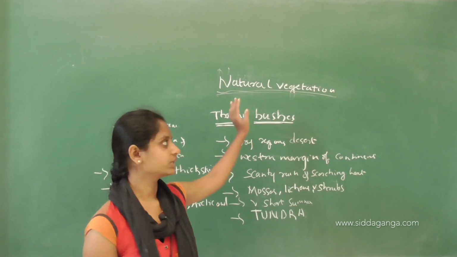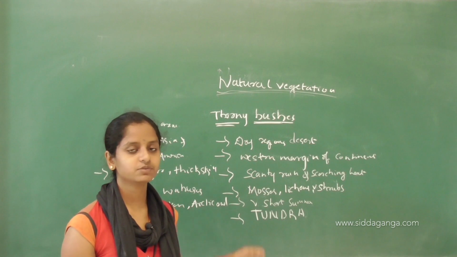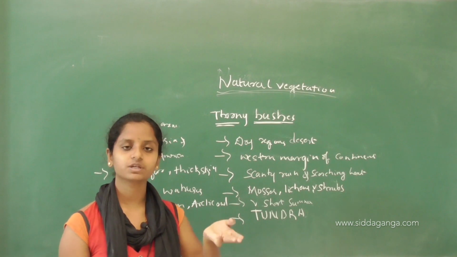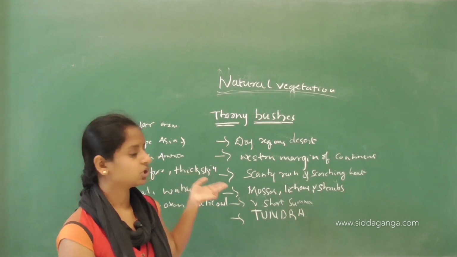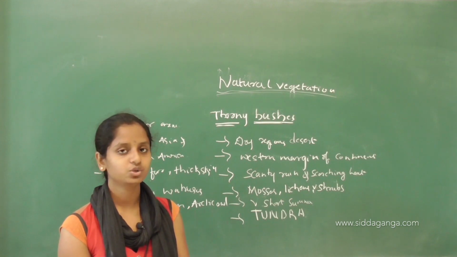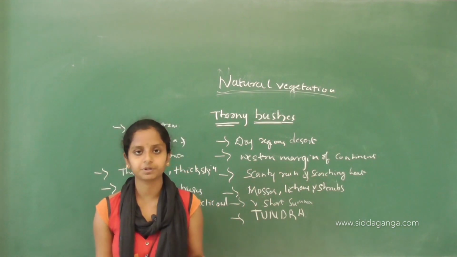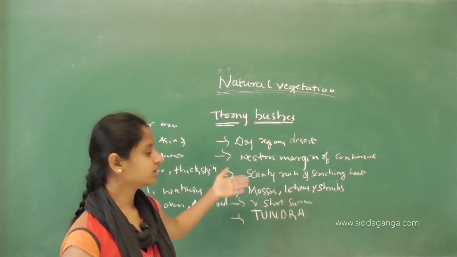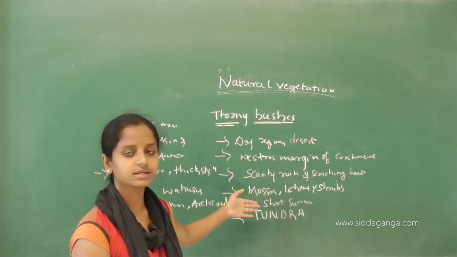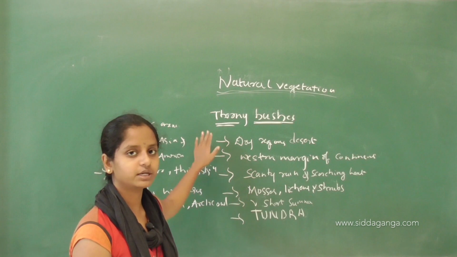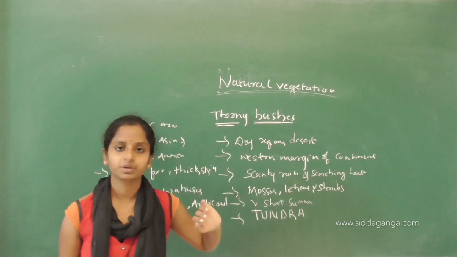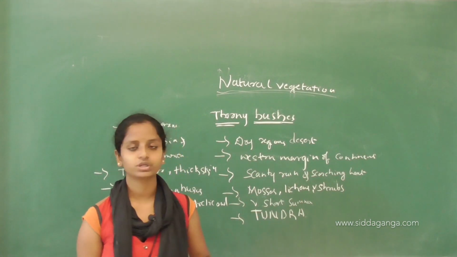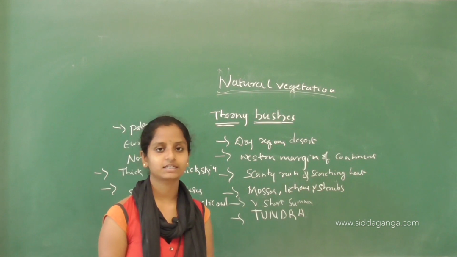So this was about today's class. We have seen all the different kinds of forests, grasslands and bushes, and many features regarding these topics. Now it's your turn to revise them again and again. Take down the topic, and below that write all the important points or features of that topic, and revise more and more, because natural vegetation is a very important topic. Okay, so this is the end of today's class, and we will continue in further classes. Thank you.